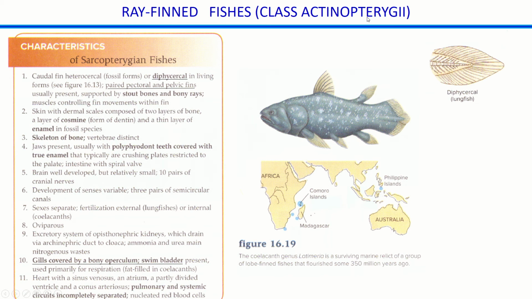Latimeria. I hope some of you are doing that practical because it's easy. Remember the article that you need to look at as well is stuck on the window of my office door. Okay, Latimeria. What is important about them? Diphycercal tail. It's very old. Paired pectoral and pelvic fins that are lobe-like. When we get onto the amphibians, we're actually going to talk about the structure in those lobes, because it's not like the